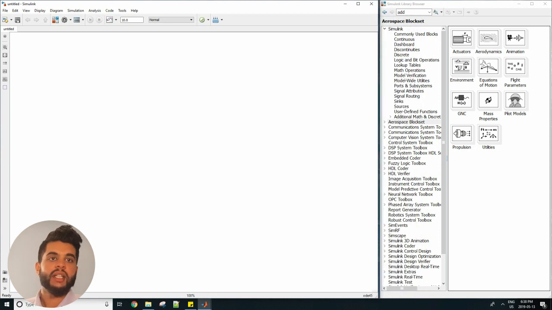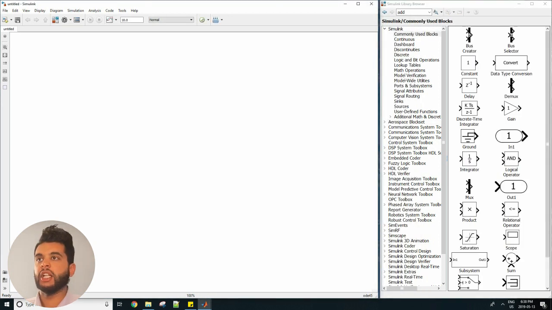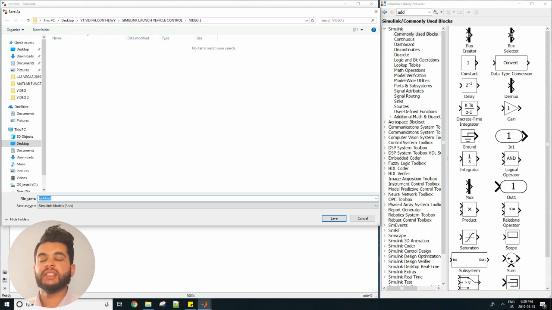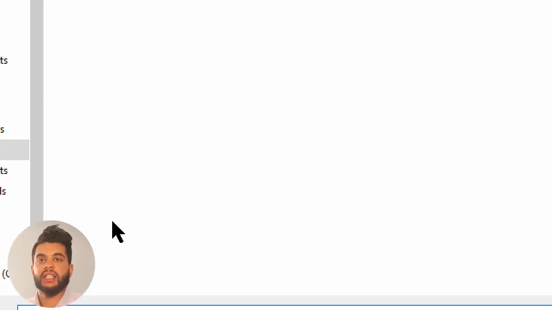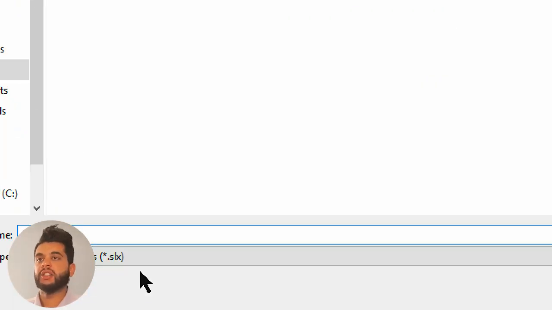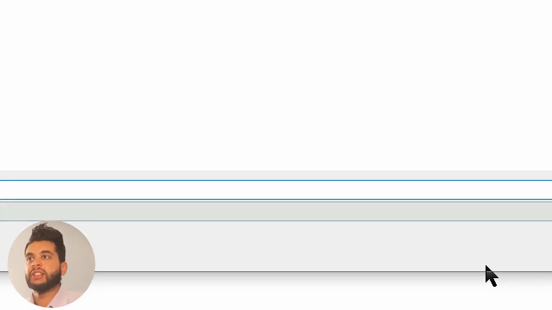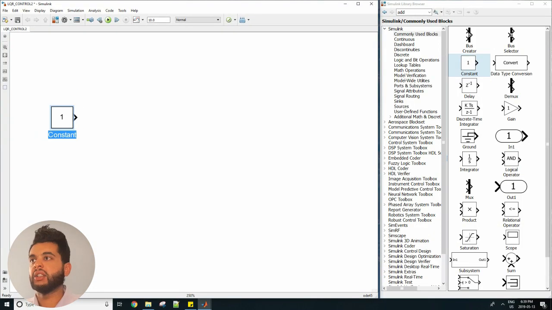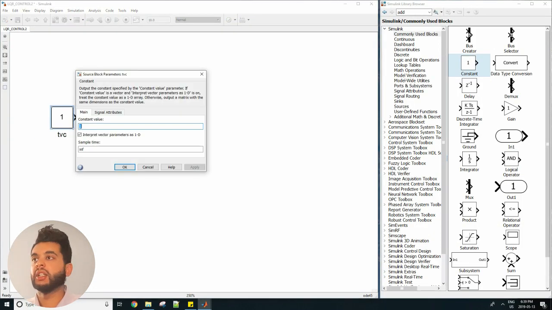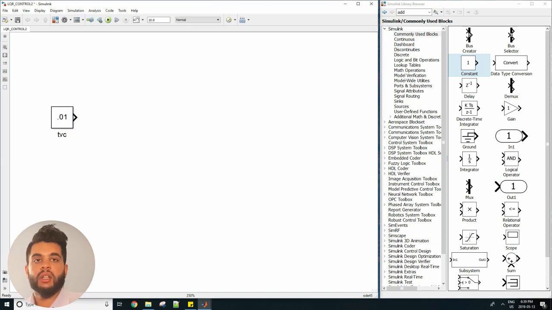So let's open Simulink and let's start modeling our simulation. The first thing you can do is save your model. I have it saved as a .slx file and I called it LQR_control. Next, you can drag in a constant and rename that as your TVC angle, which is your input of 0.01. Next, you can drag in a sum block and change the sign to minus because this will be your feedback